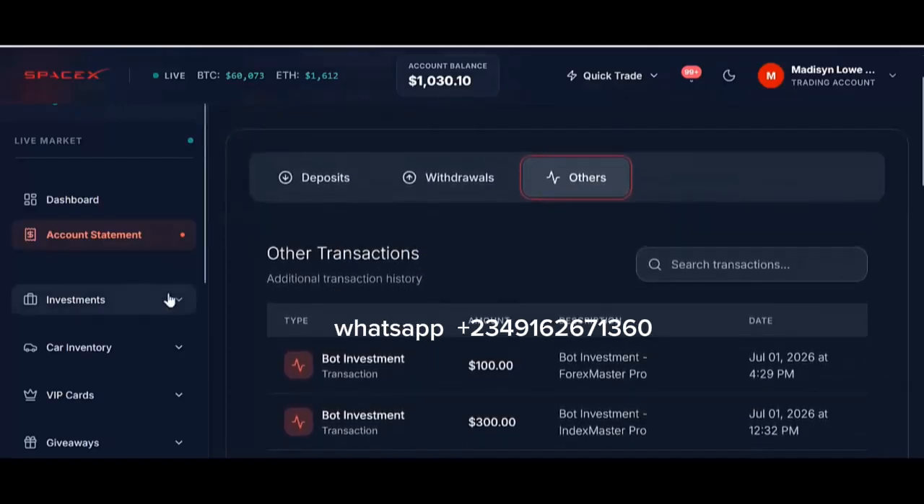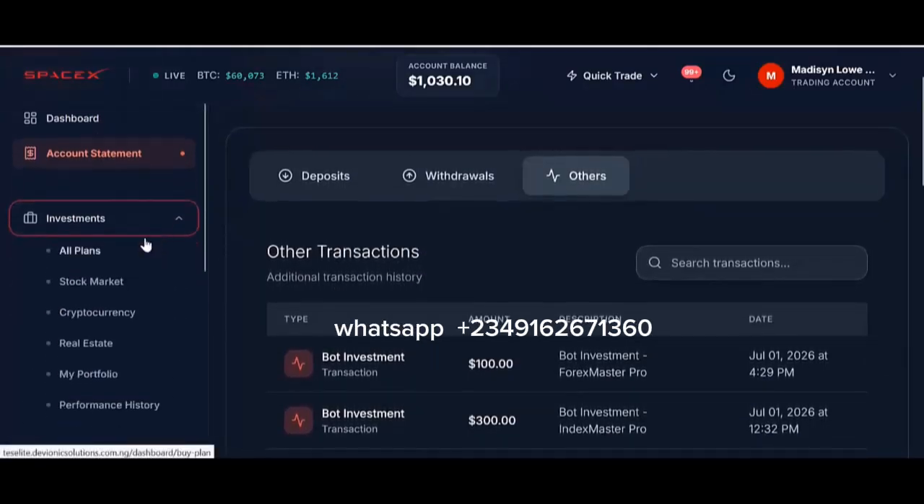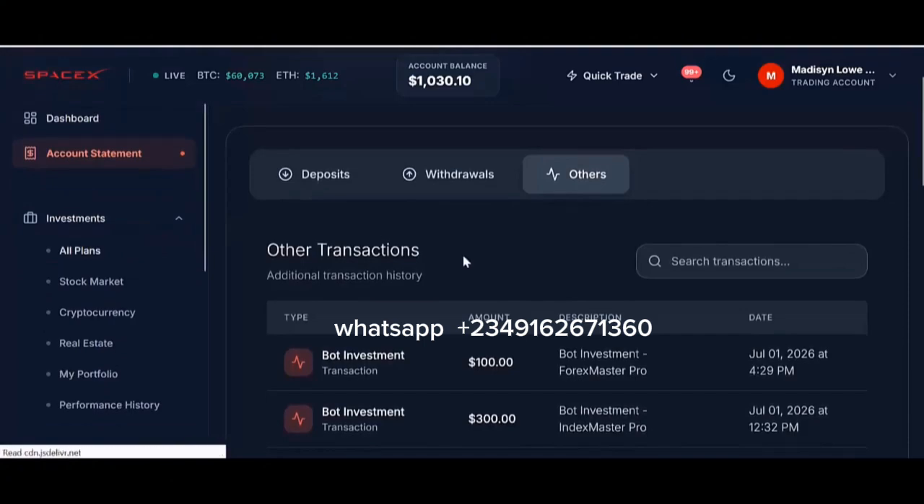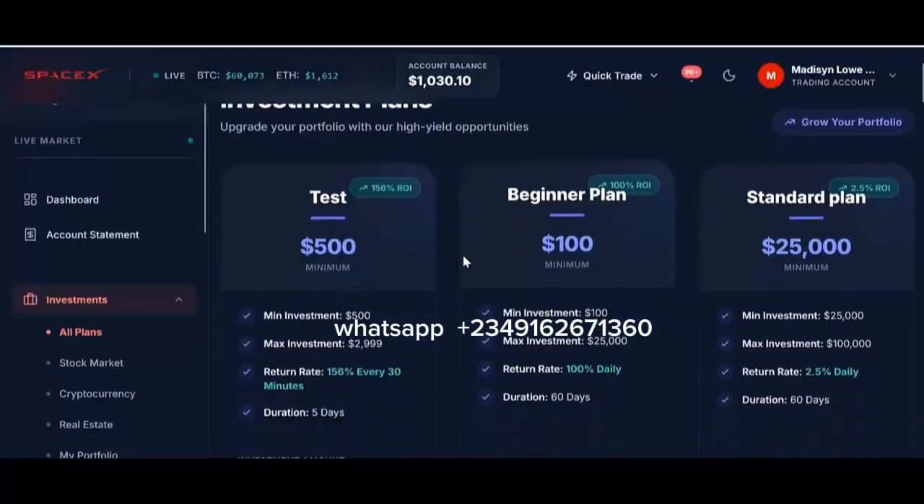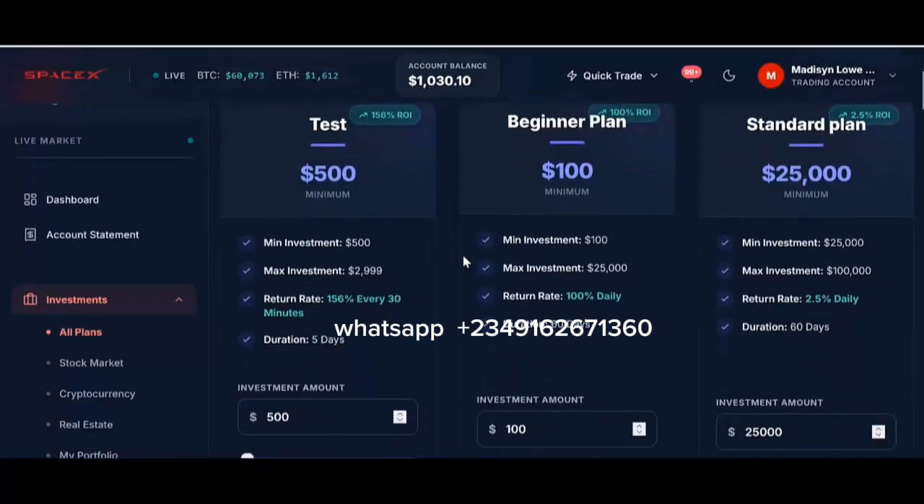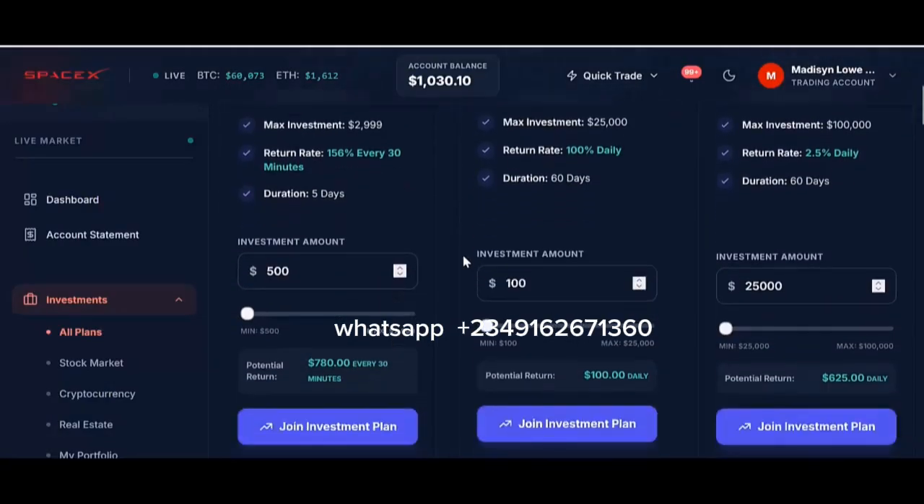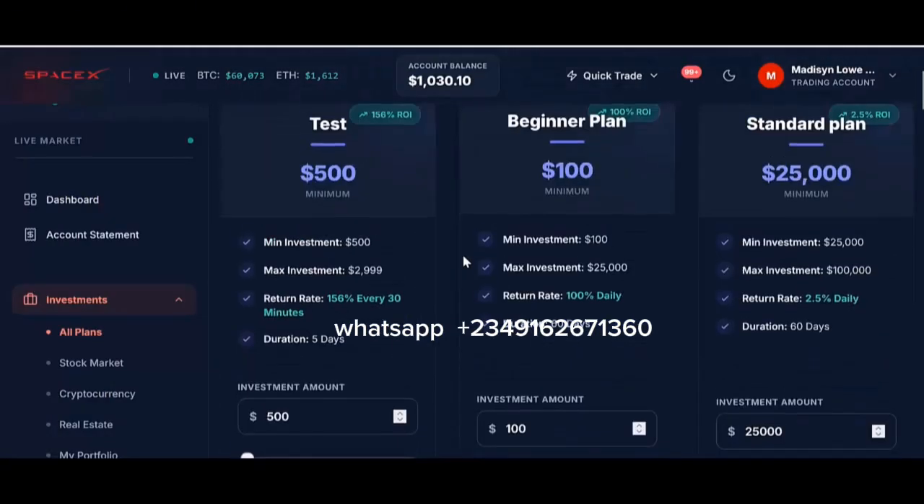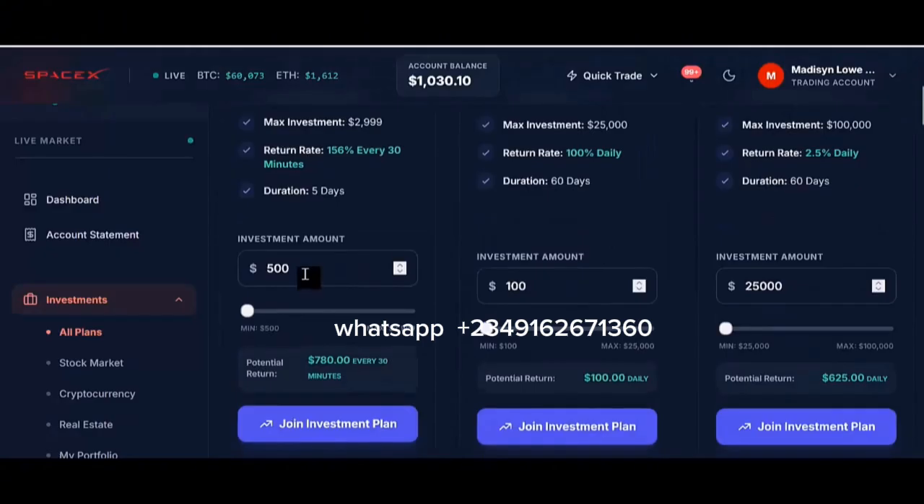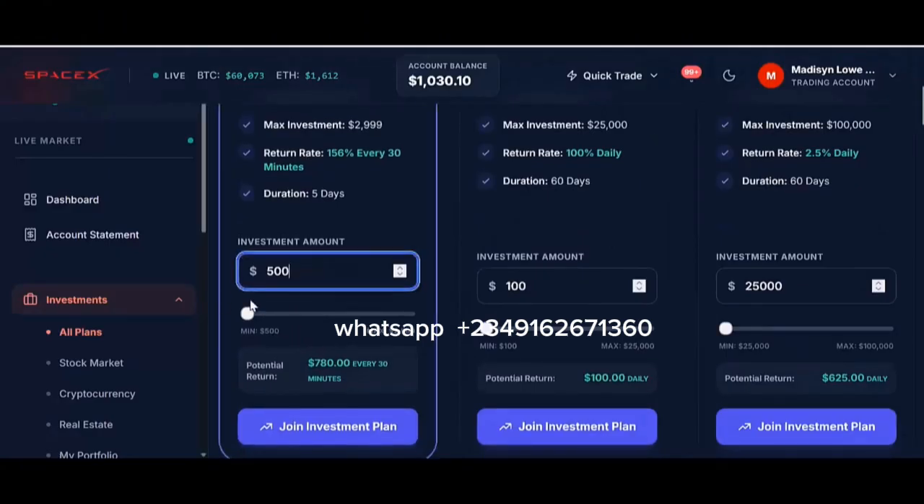The other part is the investment section. In the investment section, we have all plans. All plans are all the particular plans on this website, which can be edited directly from the admin. You can choose to edit or add other plans. Then if you want to invest, you just put your amount, then you set your